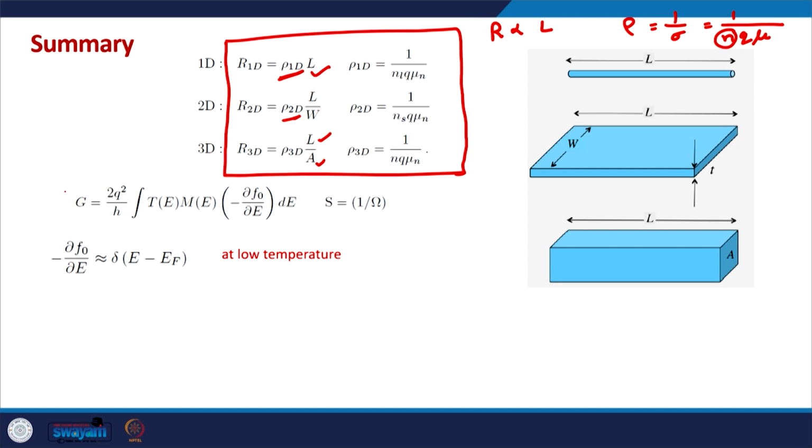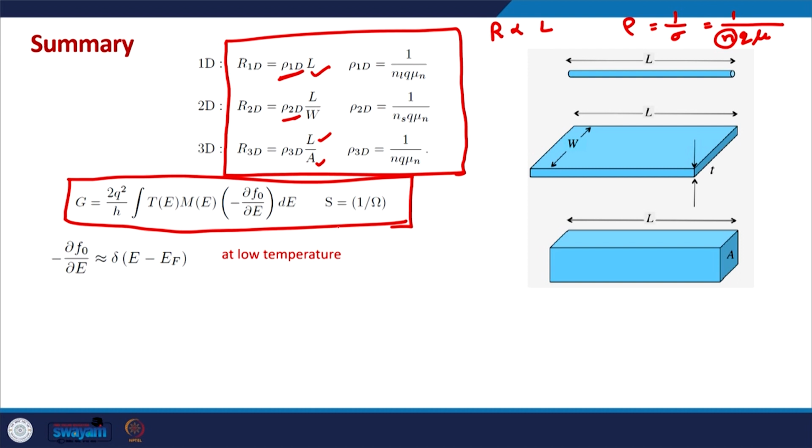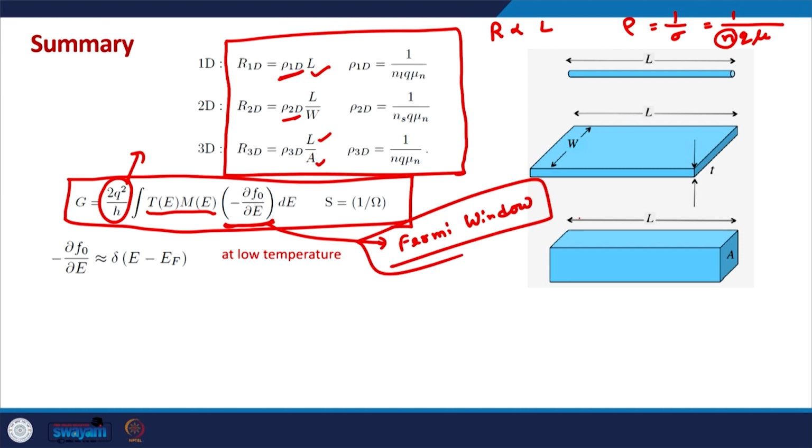In contrast to this, our discussion of conductivity starts with this expression, which we obtain from the general theory of transport, or the general model of transport. And in this expression we have this constant which is known as the quantum of conductance, and in the integral we have T(E) integrated over this function, which is also known as the Fermi window function. So, the Fermi window function is minus del f by del E,